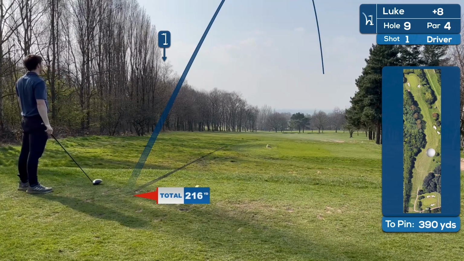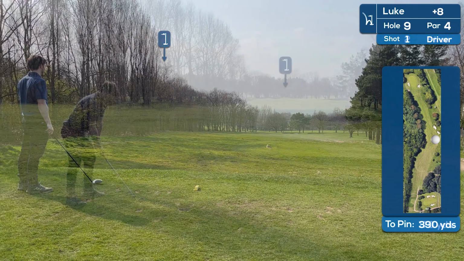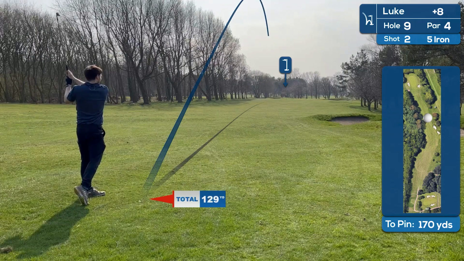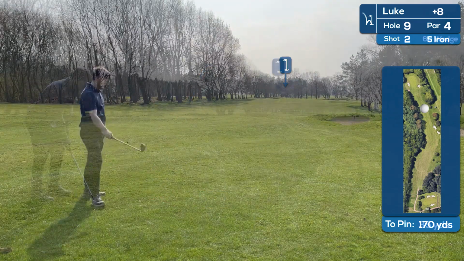Hole 9 is a dogleg left. Finally a decent tee shot. It's quite high, so not the longest, but 220 yards in a straight line I'll take at this point. Leaving me a 5-iron into the green, which again I catch quite chunky, reducing the distance, but leaving me a